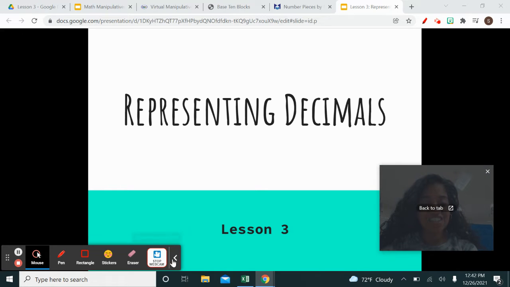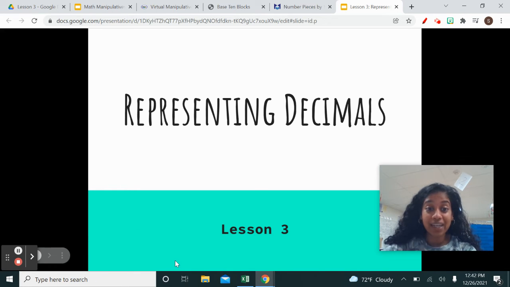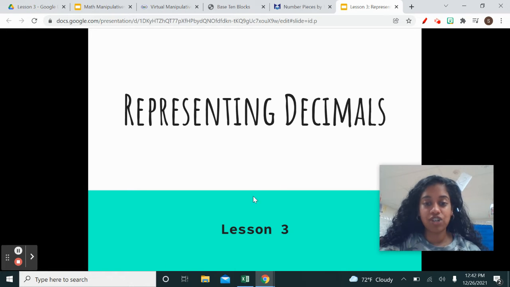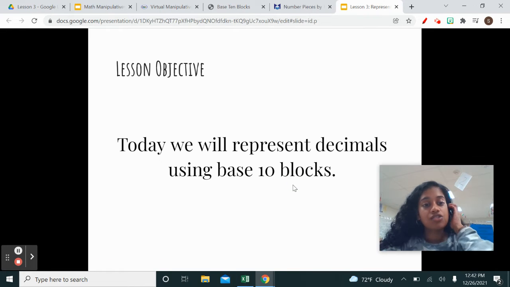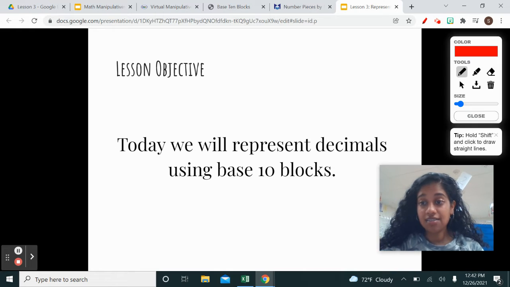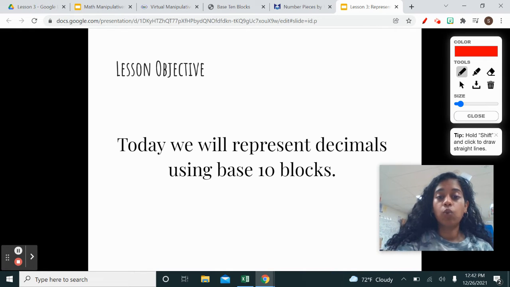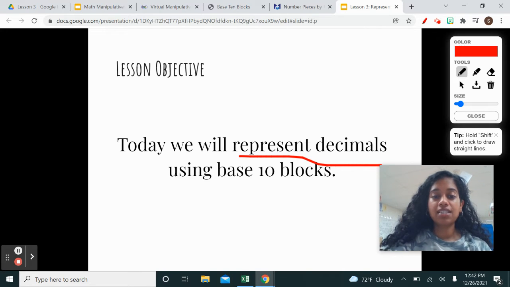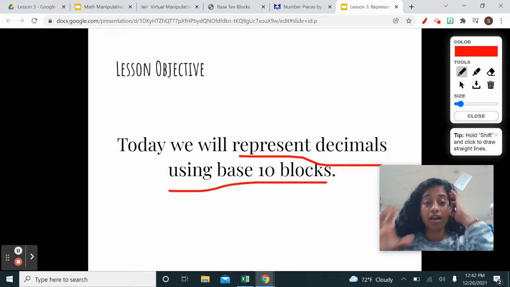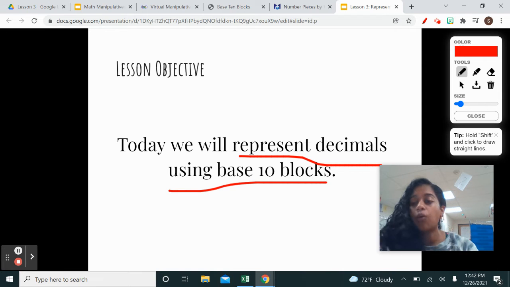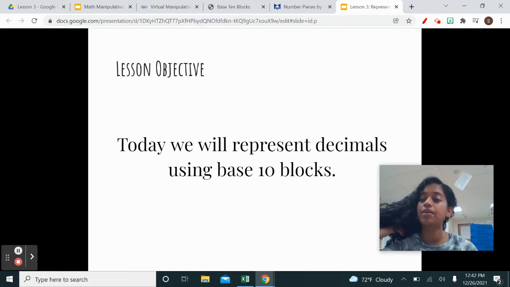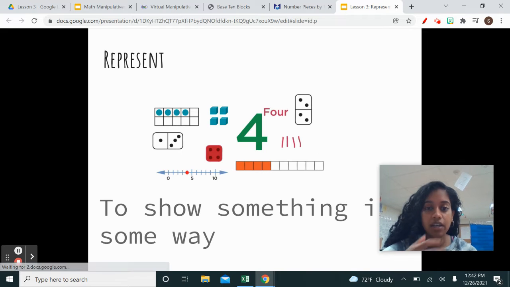All right. Hey, so welcome to lesson 3 of representing decimals. Okay, so let's go into what is our lesson objective for today. Our lesson objective is that today we will represent decimals using base 10 blocks. So we're going to go ahead and represent decimals using base 10 blocks. All right, so let's go ahead and look at what is our vocabulary. So our vocabulary for this lesson is